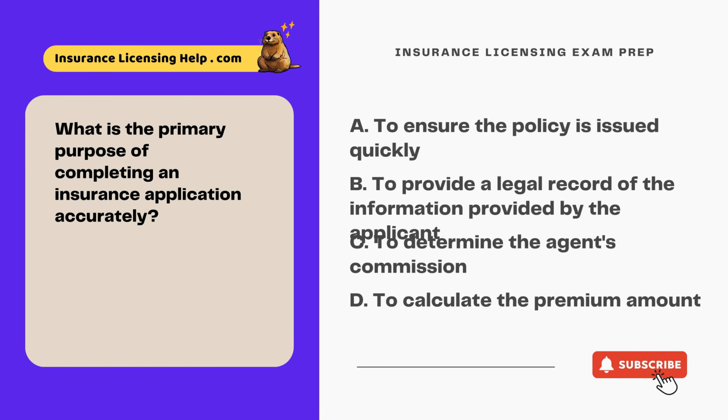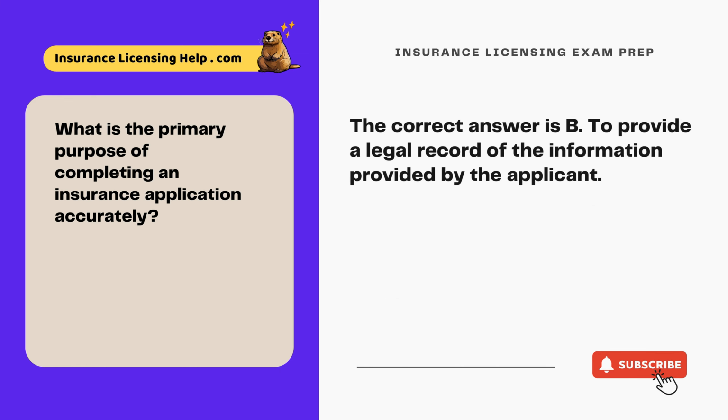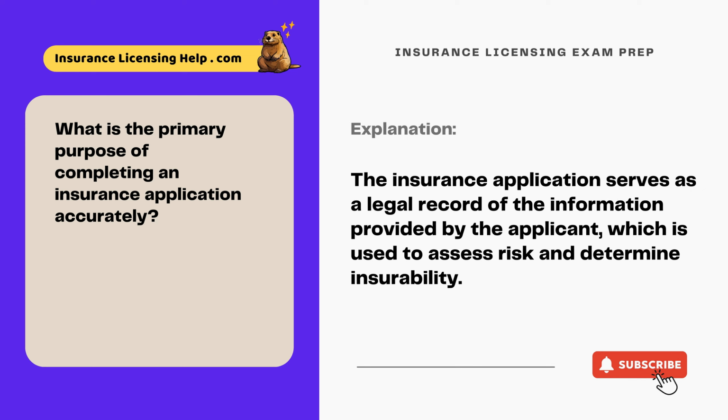What is the primary purpose of completing an insurance application accurately? A, to ensure the policy is issued quickly. B, to provide a legal record of the information provided by the applicant. C, to determine the agent's commission. D, to calculate the premium amount. The correct answer is B, to provide a legal record of the information provided by the applicant. The insurance application serves as a legal record of the information provided by the applicant, which is used to assess